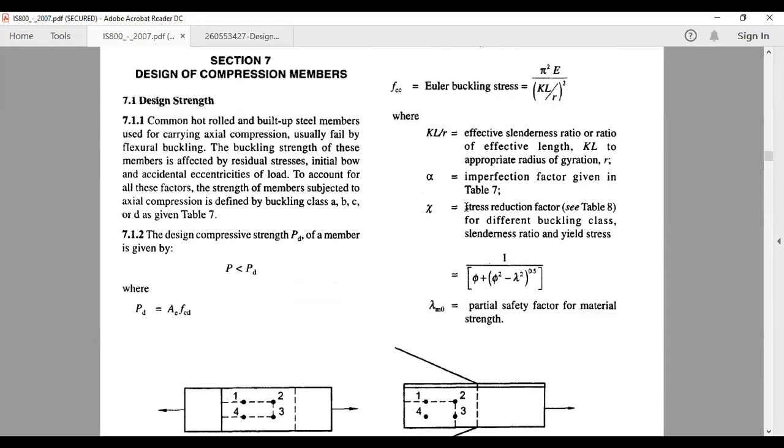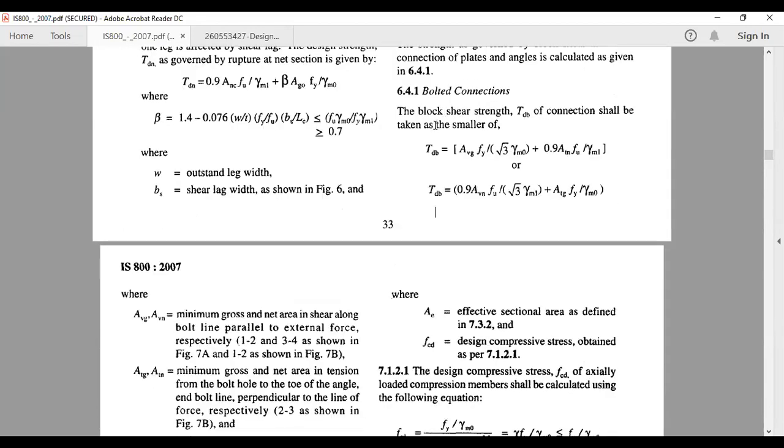That's why we come across these two expressions for TDB over here. They depend on how the yielding and rupture are taking place. That is the third strength for the tension member. Now, out of these three, which one is least? The one giving you the least strength will be taken as the design strength under tension for that angle, and the force coming in that member should be less than this TD.